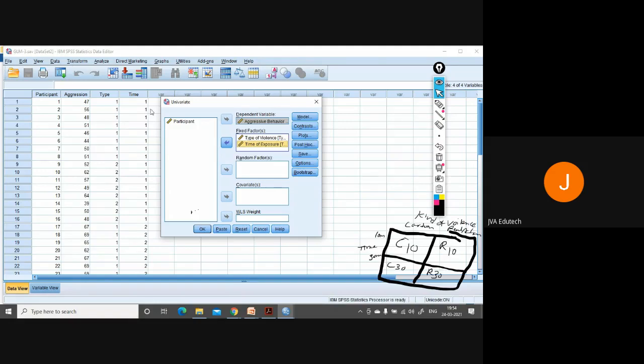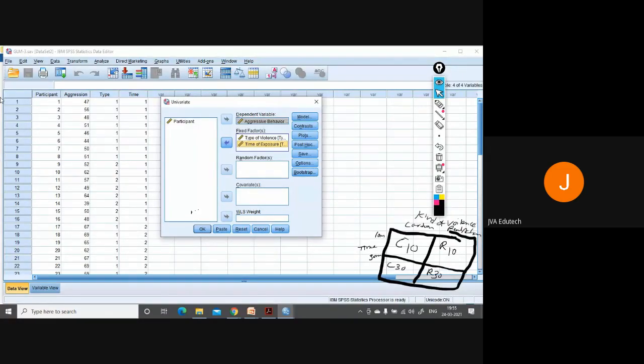If you put these into fixed factors, this procedure will test the main effects for type of violence and time, as well as their possible interaction. It will create an interaction term also.